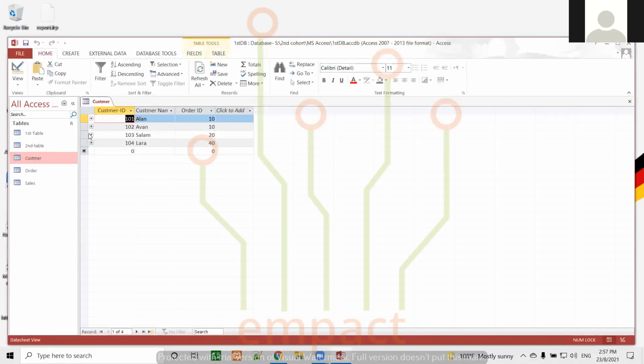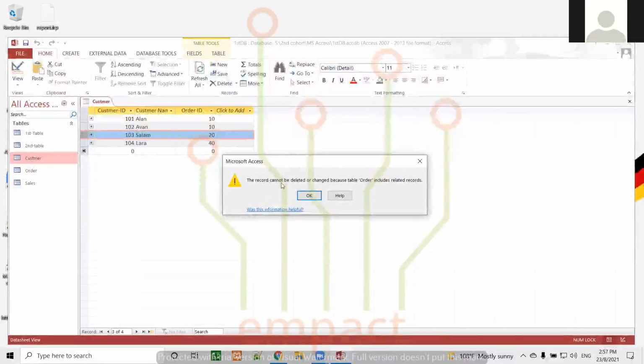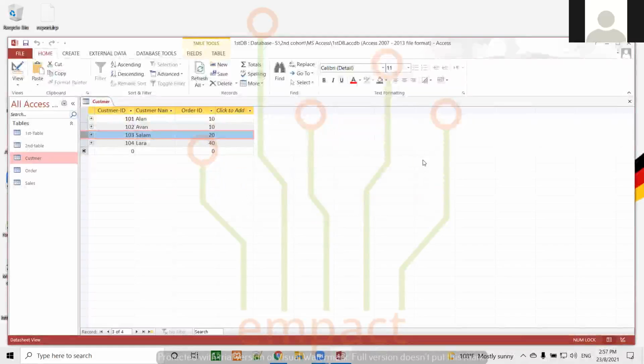And from here, if I want to delete this record, the record cannot be deleted or changed because table order includes related records. So here the system is telling me, wait, why are you deleting this guy while he already ordered something? So you cannot just remove him simply like this. You have to think about it, then you can do the delete, or I have to go back